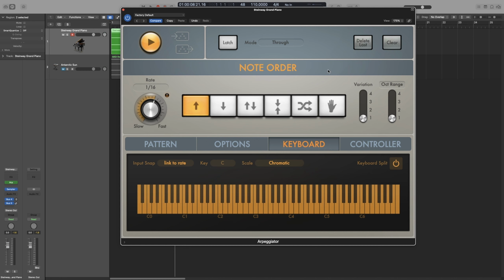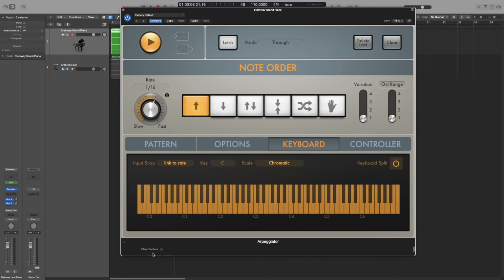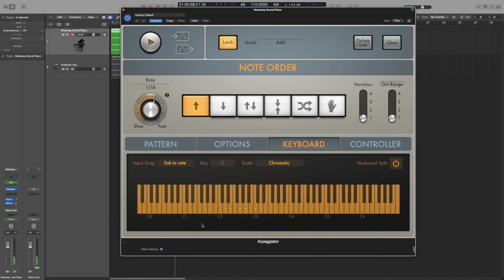Then all the way down here, we get a hidden menu. So if you click on this little arrow, you get this option, Silent Capture. So when I enable this, the play button will be deactivated and the latch mode will be enabled. So let's actually try that. Now, when I play a note, it will be captured, and then I can press play and it will play back arpeggiated. So let's try that. And when I press play,